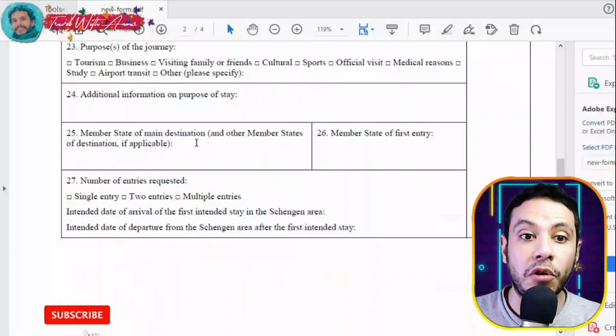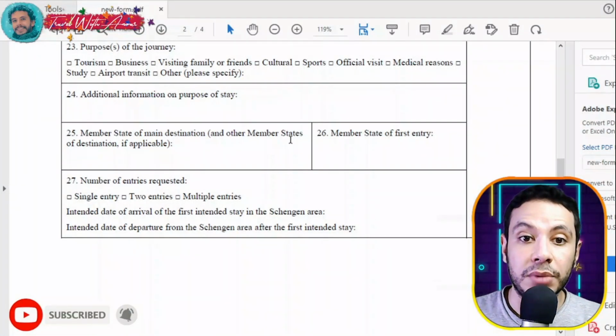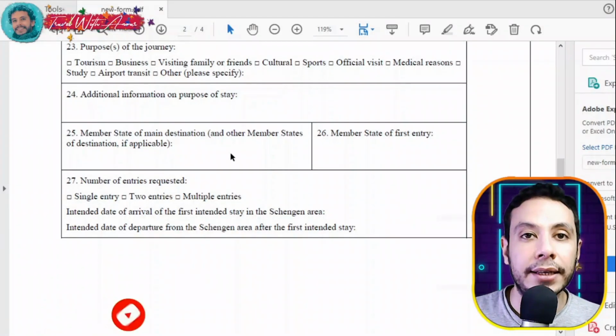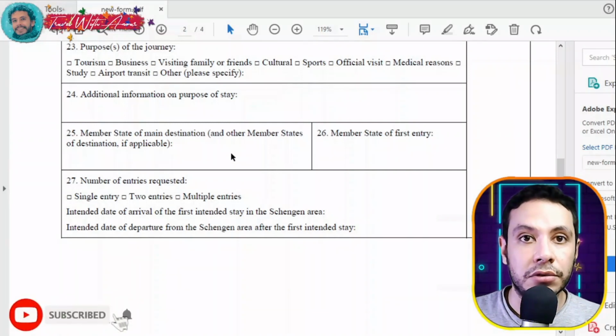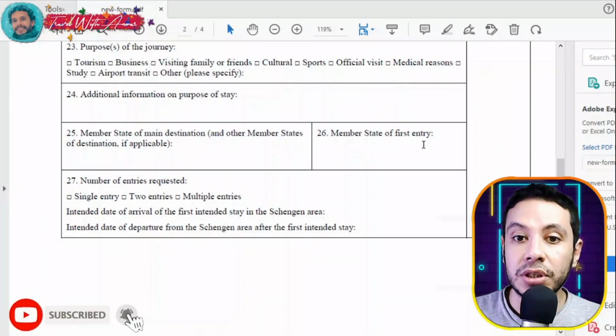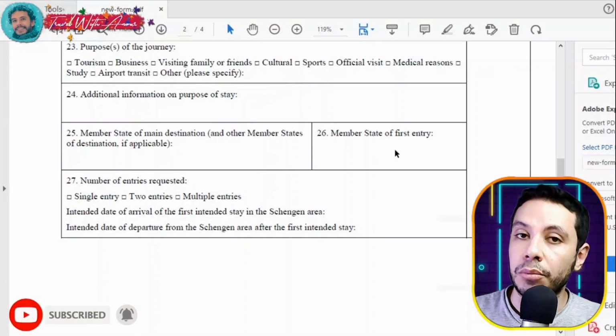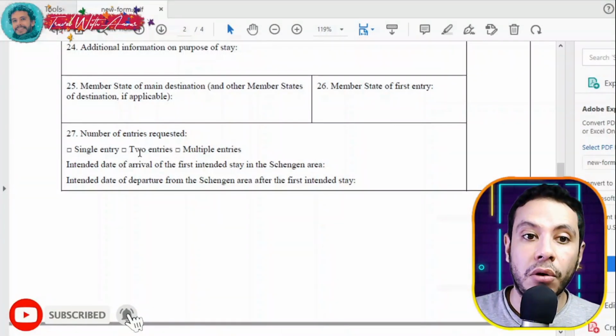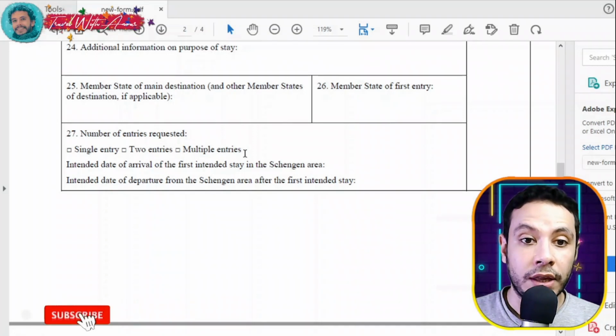And the member state of main destination and other member states of destination if applicable. So write the name of the Schengen countries that you are entering, and if there is any other country you are planning to visit along in your visit, please clarify it here. Maximum write 2 countries if there, and member state of first entry, which is supposed to be the country you are applying for. Here the number of entries requested are, do you want a single entry, 2 entries, multiple entry,